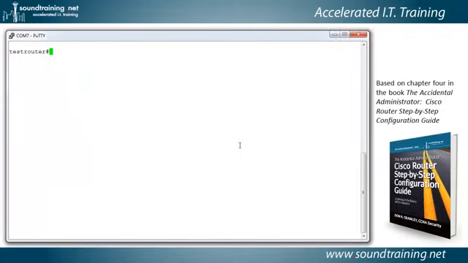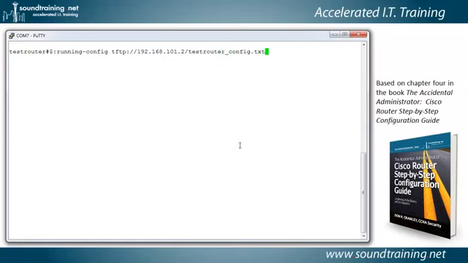Let's give it a try. So we're in the router interface, we're in privilege mode, and we're going to issue the command copy system:running-config. That's the source. Now the destination, TFTP: 192.168.101.2. This is the address of the TFTP server, and then we're going to specify the name, so we'll just say something like test